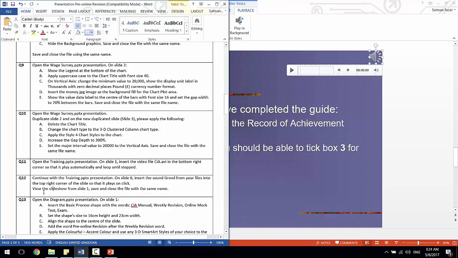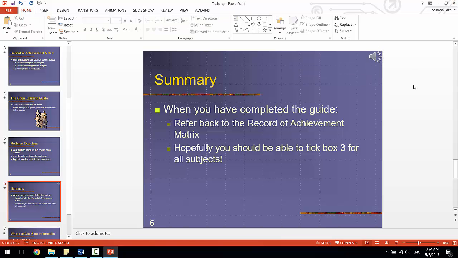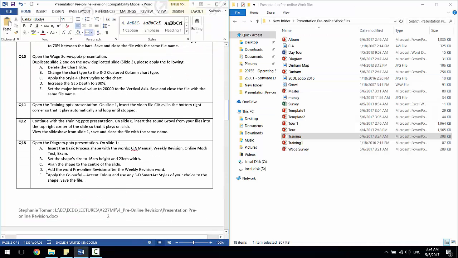Okay, and then view the slideshow from slide 1, save it, and close the file. So basically all they want us to do is view the slideshow, and when we come to slide 6 we can just click on this and the sound file will play, and then just save it. So I'm not gonna do that. Basically just save it and close. Okay,